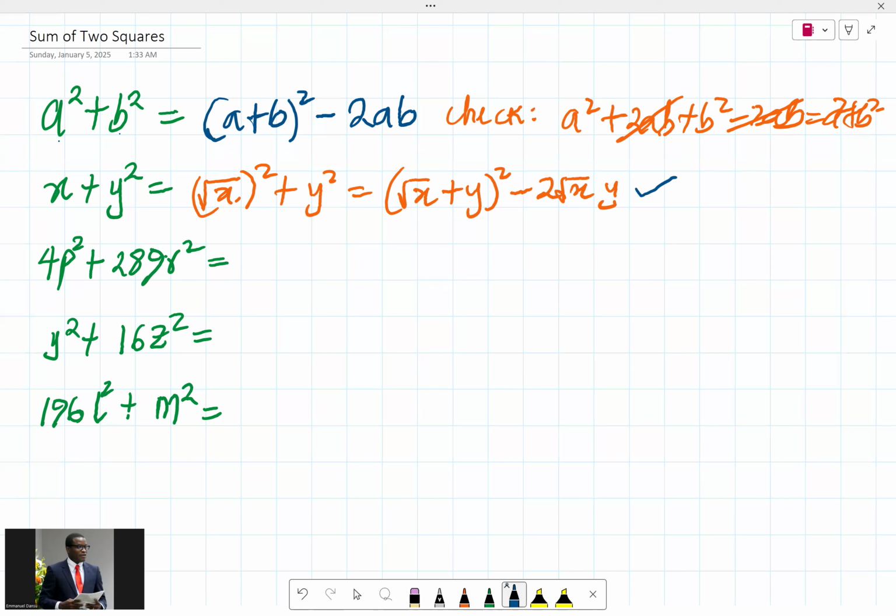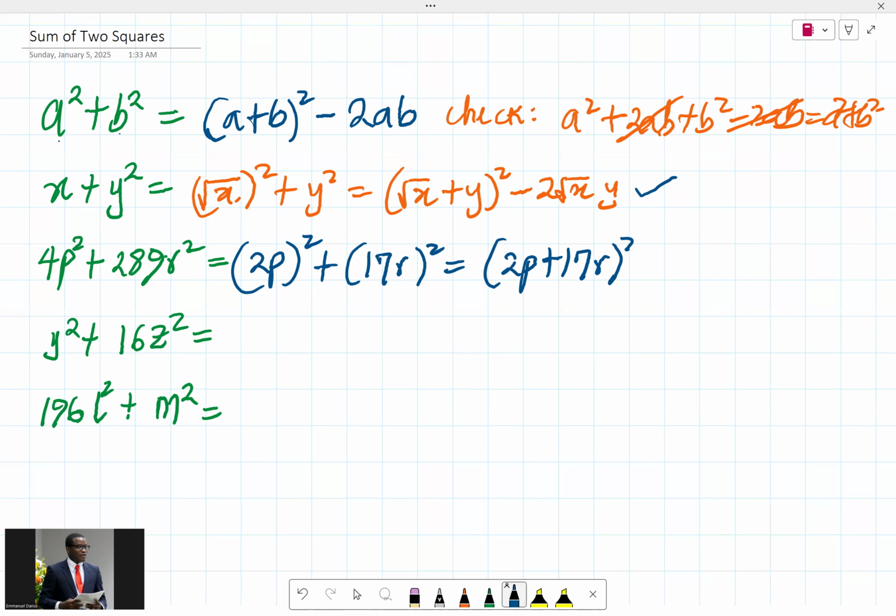Okay, so the next thing is 4p squared plus 289r squared. Now, can we deal with that? Let's see. Here you have that to be 2p all squared plus 289 is 17 times 17, that's 17r all squared. So if we want to express it in terms of what we are doing here, that would just be 2p plus 17r all squared minus 2 times 2p